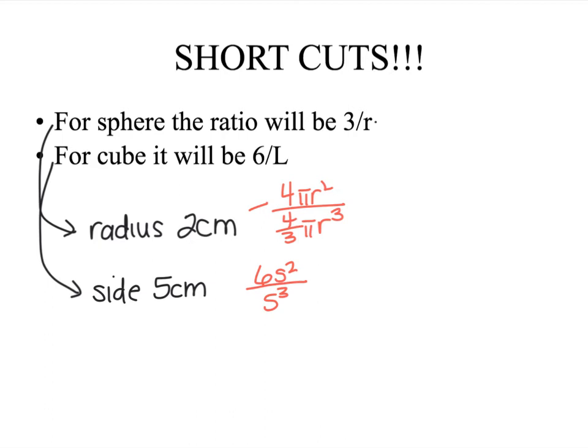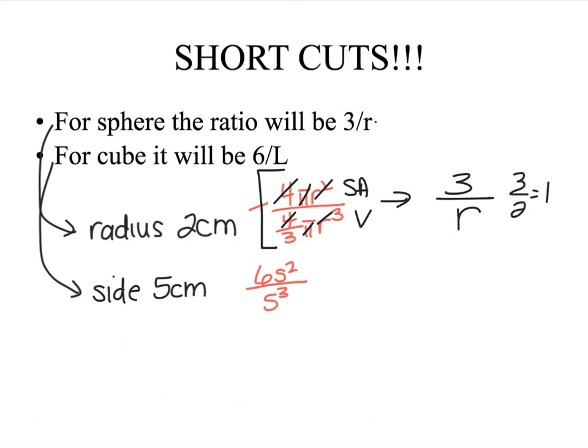All right, and technically there is a shortcut for this, and they don't tell you this on the AP exam. If you take the two formulas for your sphere, the surface area and the volume, and put the surface area formula over the volume formula, everything ends up canceling out, and you end up with 3 over the radius giving you the surface area to volume ratio in one step. So in our first problem, our radius was 2 centimeters, and 3 over 2 gives us 1.5, and that was actually our ratio.